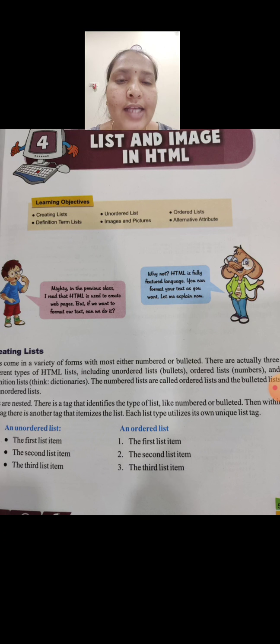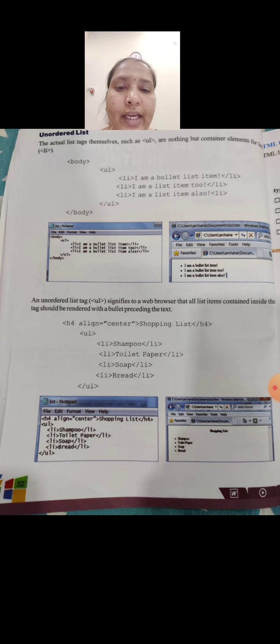Okay, as I said earlier, if the items are arranged alphabetically, I mean from A, B, C, D likewise, we can call that an ordered list. If arranged through numbers, serial numbers, for that also we can call it an ordered list. If they are not arranged sequentially, we can call that list an unordered list. Okay, we can see this unordered list, how they have arranged.